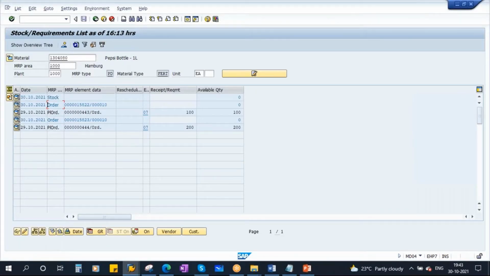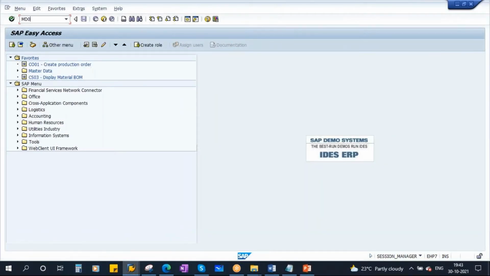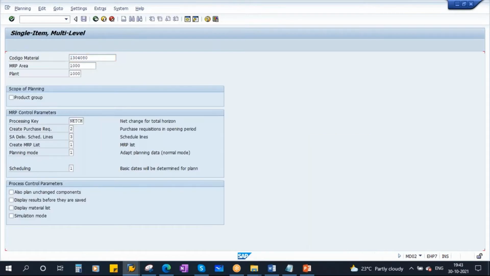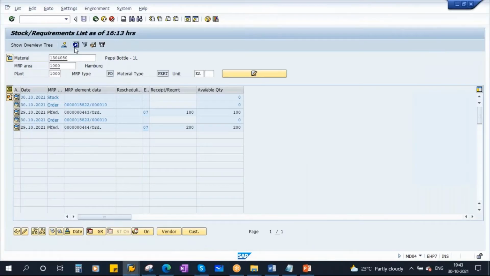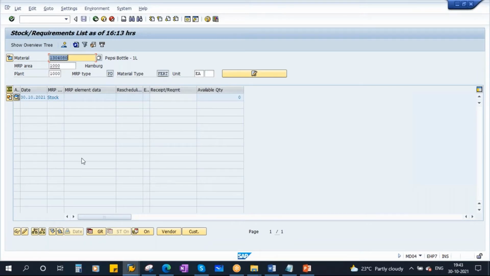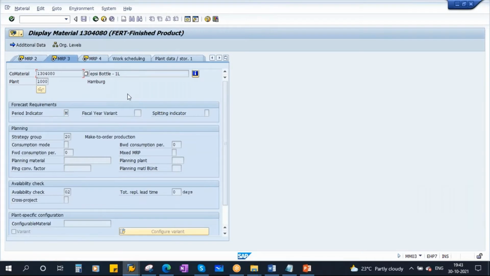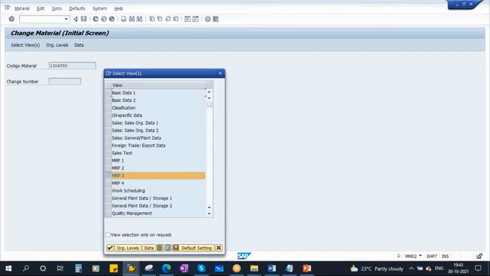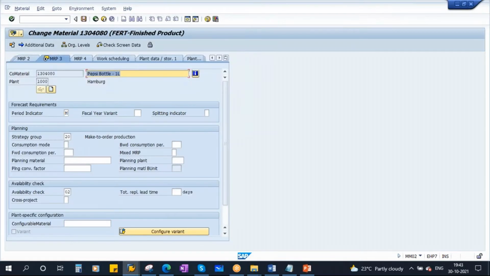If I run MRP, these also will go. Now, what was the planning strategy? It was 20. Let me change the planning strategy. I'll keep it as 10.